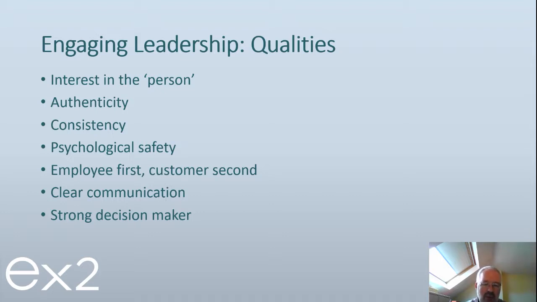It's a network. And the more we can influence that network, the higher productivity will be, the higher performance will be, the lower things like absenteeism will be. And a lot of that comes through influence. It's not about driving performance, but influence and performance, getting people to choose to perform. And a lot of that comes through your interest in the people that you lead.